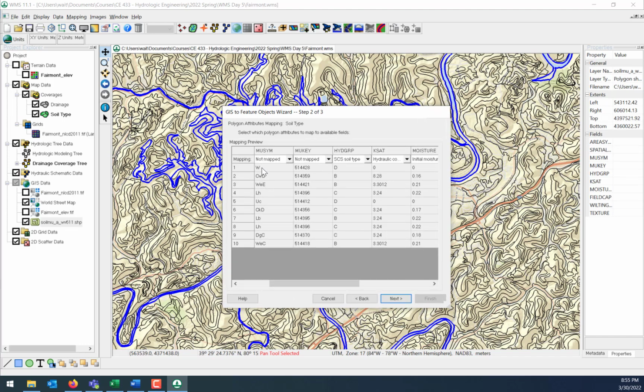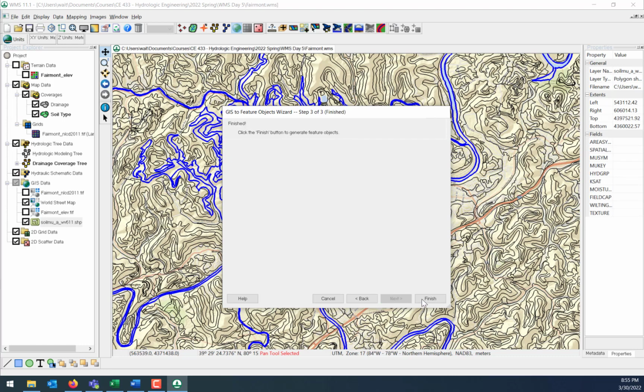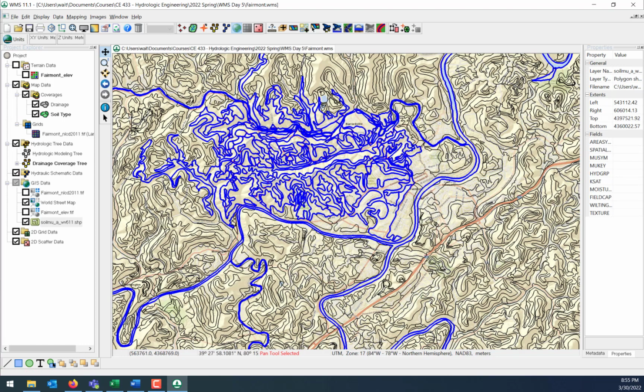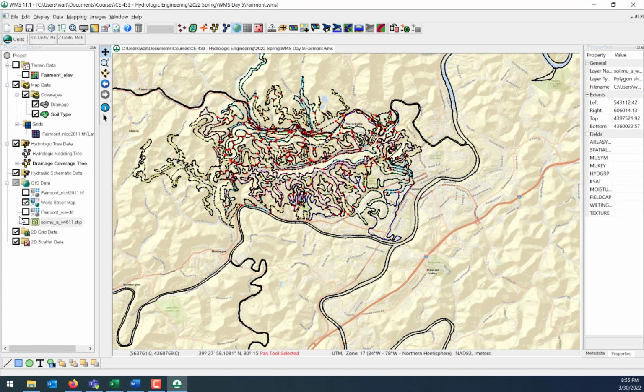These different symbols have been mapped to hydrologic soil groups. And these are different classifications. If you remember to the web soil survey, when we were clicking on the different types, then it would give you the full name of the soil type, where it's typically found, what its characteristic hydrologic soil group is, and so on. So we're just joining this together, click finish,